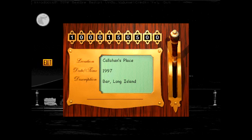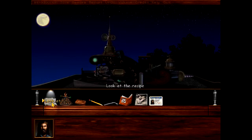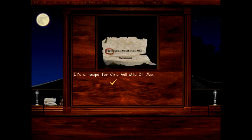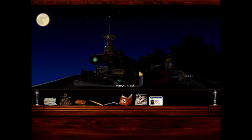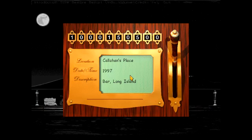Okay then. I should look at that piece of paper that I took from Alfie. One second. Because I have a feeling that's going to be coming in useful. It's a recipe for Civic Mill Mild Dill Mix with Civic circled. Looks like Roman numerals to me, and I believe that the Roman numerals for this, which I did not look up on Google, not one bit, is 1, let's see, 0015